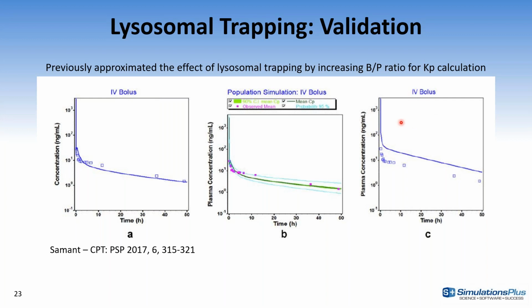So on the right plot, you see the calculation with just the default method with the predicted in silico blood to plasma ratio. On the left-hand side, we increased it and were able to match the volume of distribution. So the point of adding the lysosomal trapping directly to the KP method is so that you don't have to do this artificial increase in the blood to plasma ratio anymore.